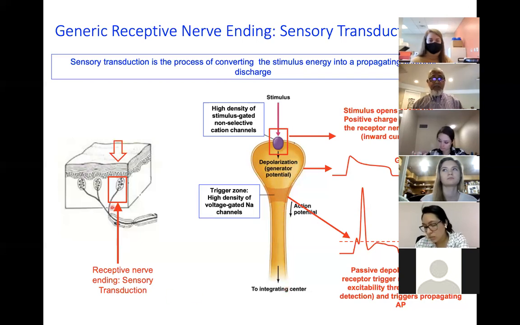This is an action potential, and it can be propagated through the nerve, through the dorsal ganglia. It will go to the spinal cord, to the thalamus, all the way to the sensory cortex. So that is the process of sensory transduction. Okay, so again, any stimulus, either mechanical or, say, if you put something on your tongue,